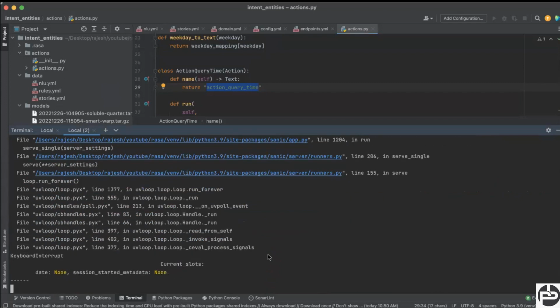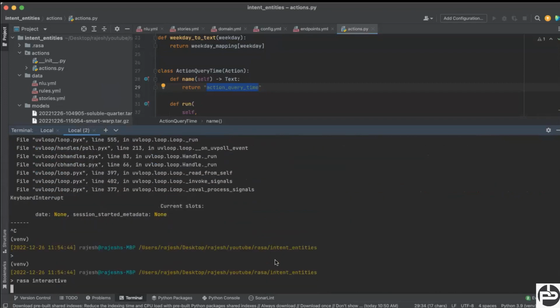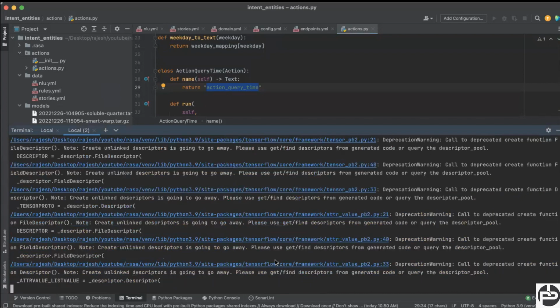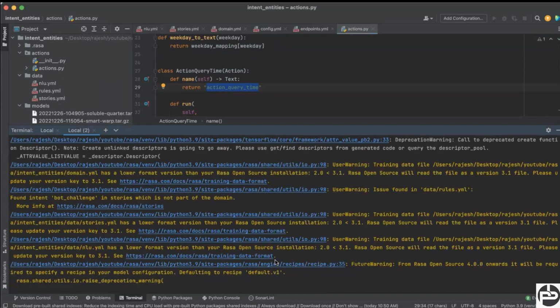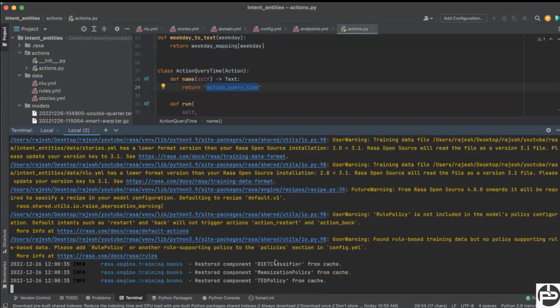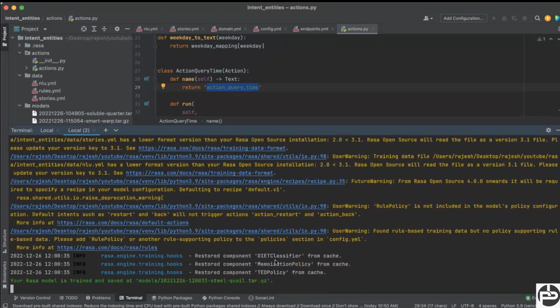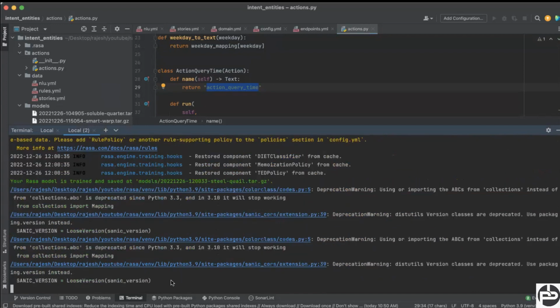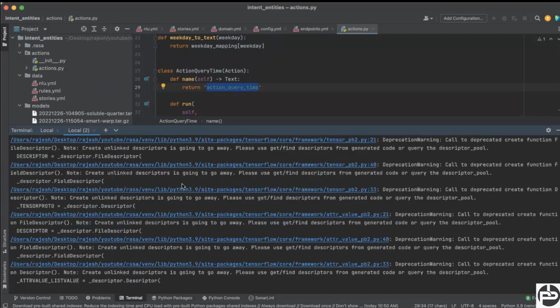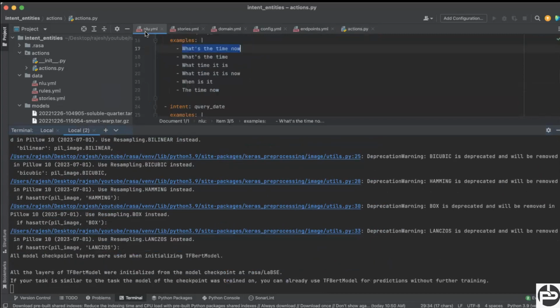But similarly, I want to show you one more thing with Rasa Interactive. Let's suppose in these utterances there were no entities. Let's suppose some entities are also falling here. So you can map them as well. You can see the Rasa model is trained on these things and saved. This model has been loaded. And now if I go there,